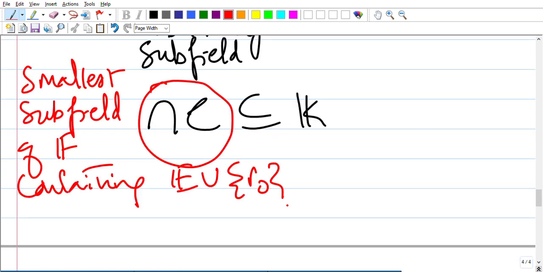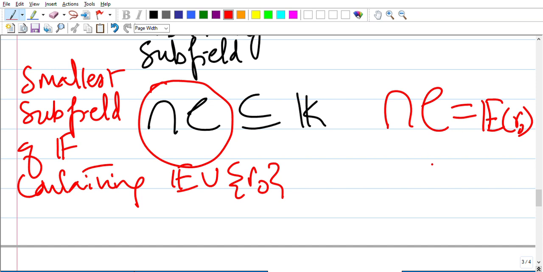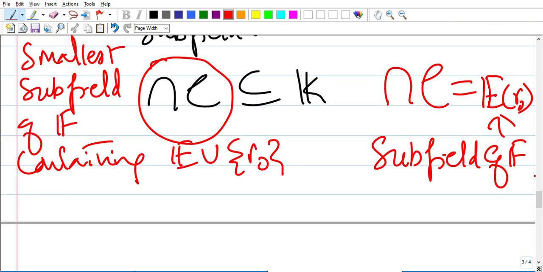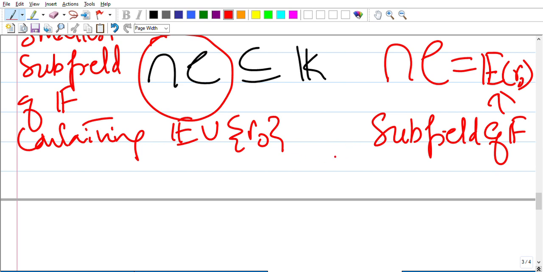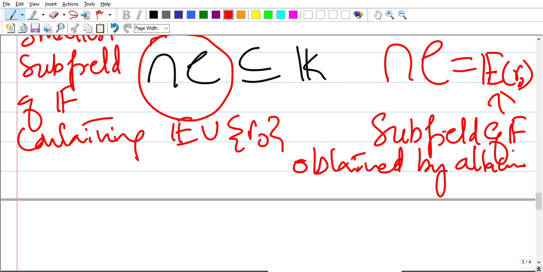For that reason, henceforth, we will be denoting the intersection of elements of C by this following symbol. Usually it is called the subfield of F obtained by attaching R naught to E. You should always specify the universal field. Okay, so